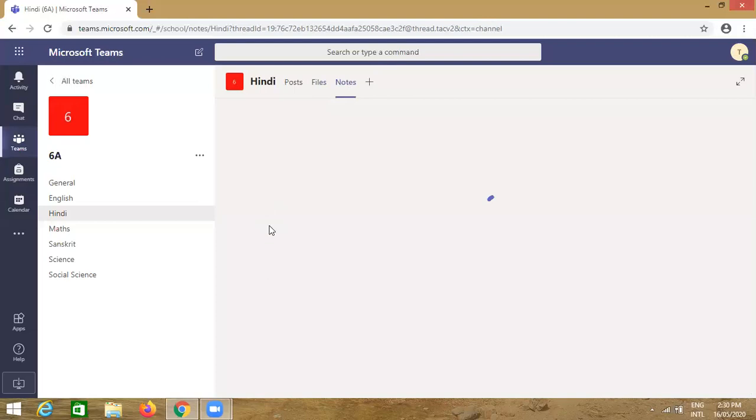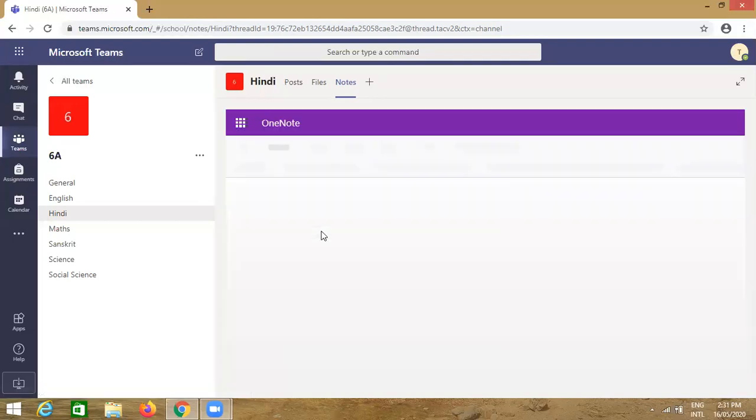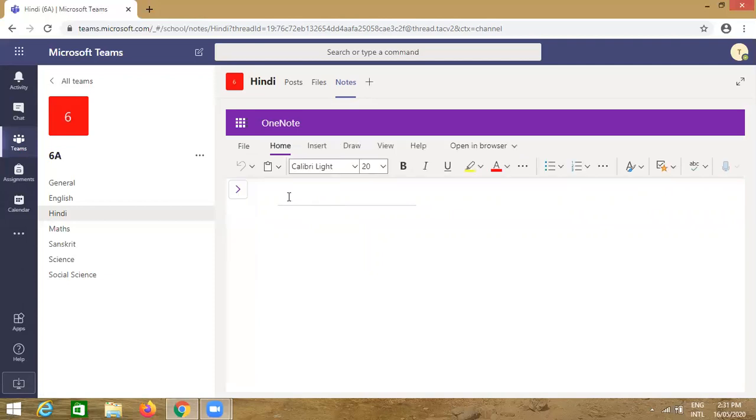So here the notes can be typed in Hindi. That's why I repeated this process for Hindi teachers. How can Hindi be typed here? Just click in the panel of the notes and see, if you are using laptop or desktop, just see at the bottom here.